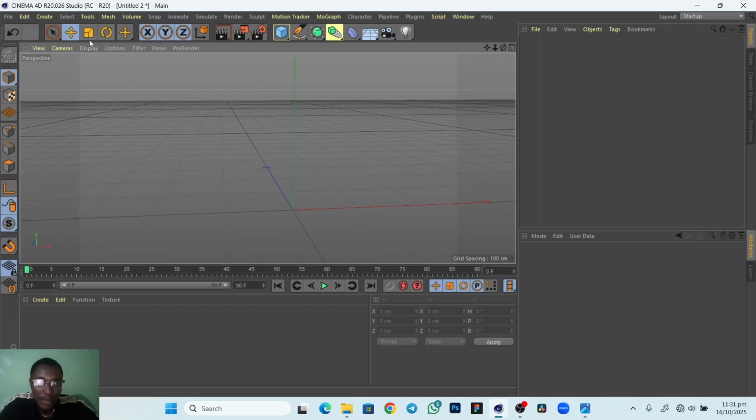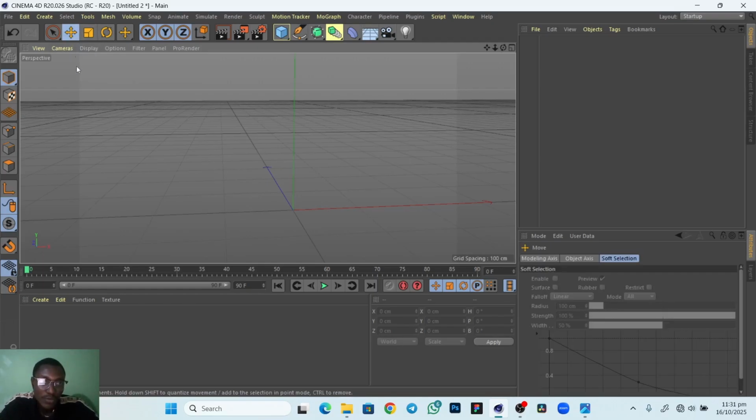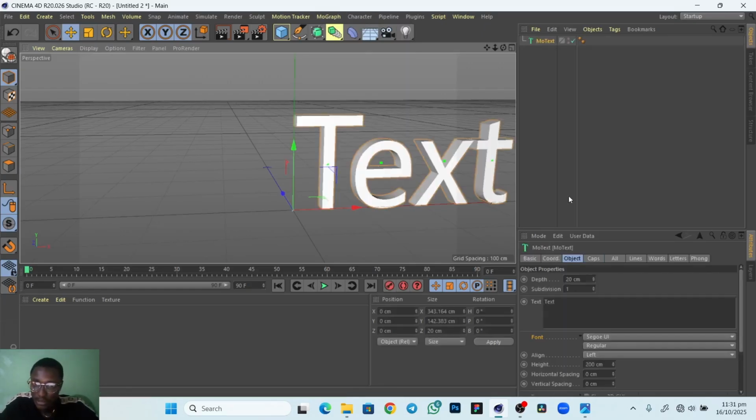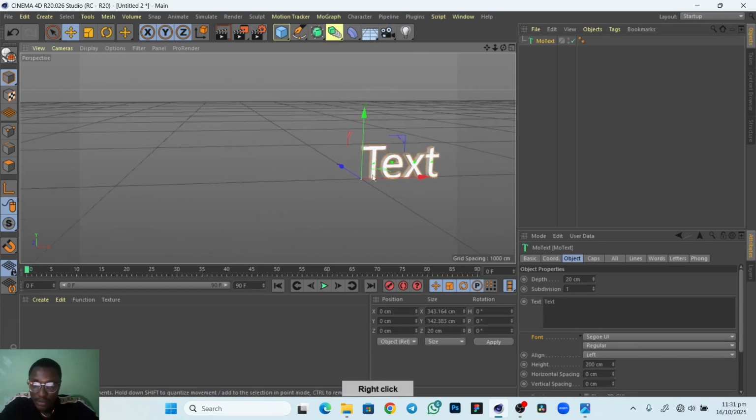When you come up here, we have the move tool, we have the scaling tool, and we have the rotation tool. So these three tools is what I want you to take note of. So let's come to the move graph and move text. So let me zoom out,